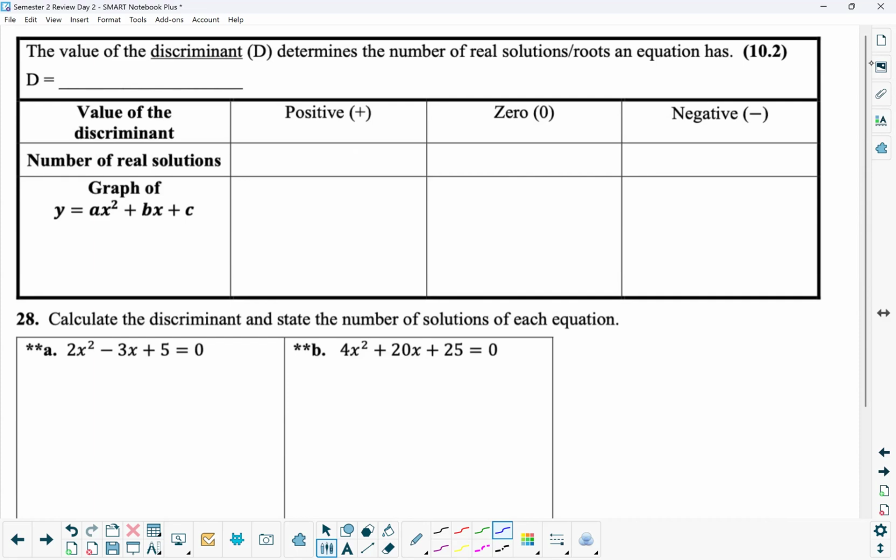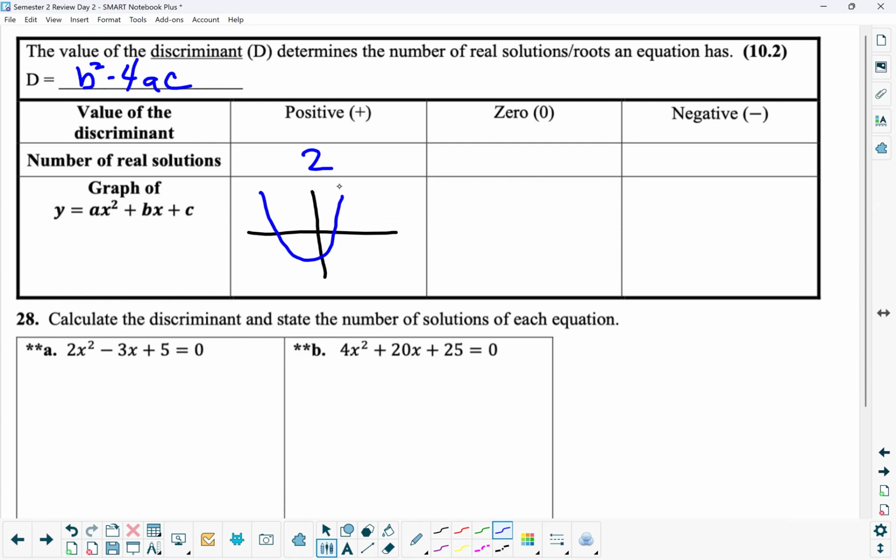Then we talked about the discriminant and the number of real solutions a root has. So the discriminant is actually part of the quadratic formula, and it's the part that goes underneath the square root symbol. It is b squared minus 4ac. If b squared minus 4ac is positive, we have two real solutions, or real zeros. And that means our graph